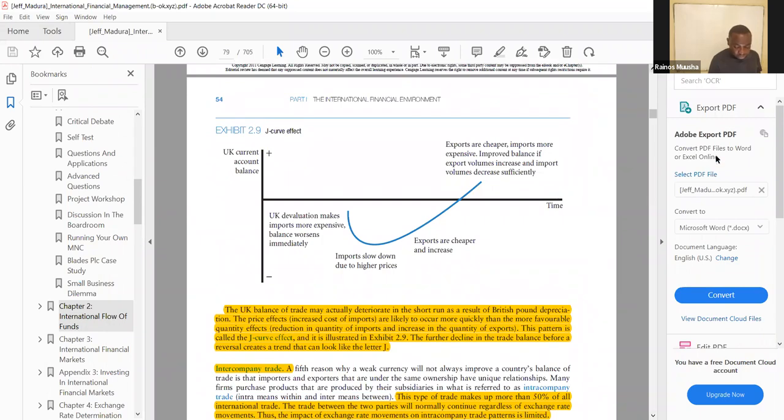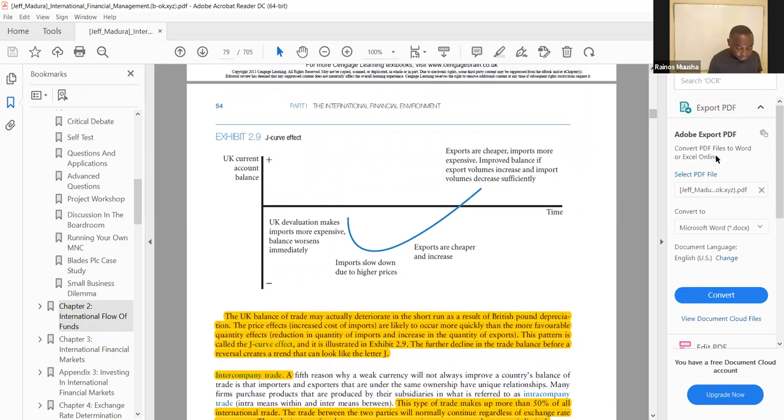Now, looking at this, we also look at the J-curve effect to see what might happen in a situation where the currency weakens against other currencies as well. So if the British pound weakens against other currencies, what might be the overall effect over time? Here they give us a situation where the current account balance can be positive or negative, and they were looking to see what happens on the current account over time,